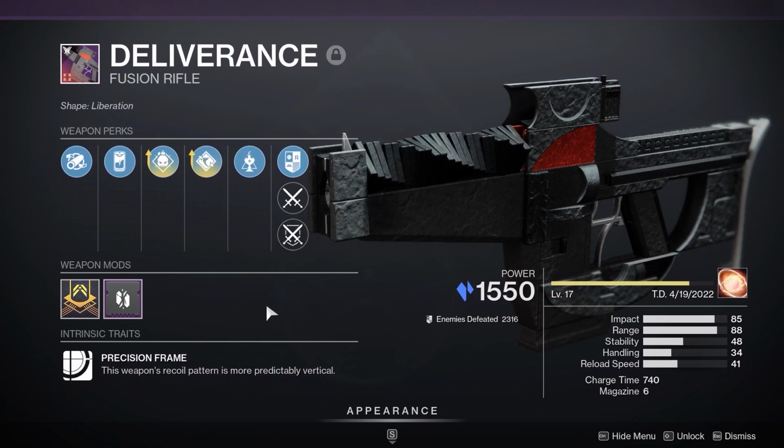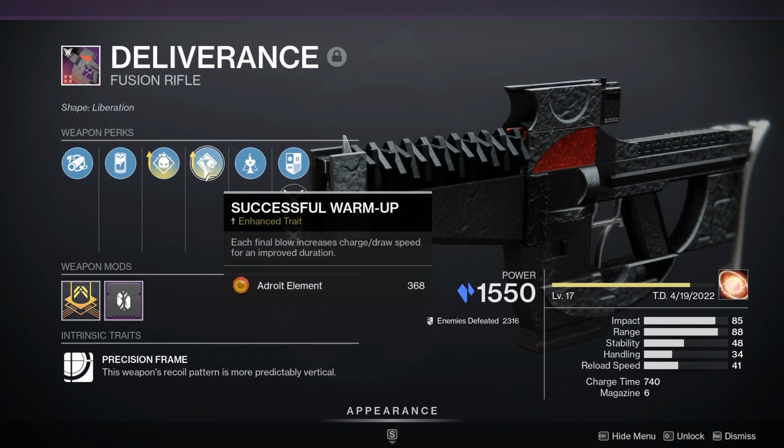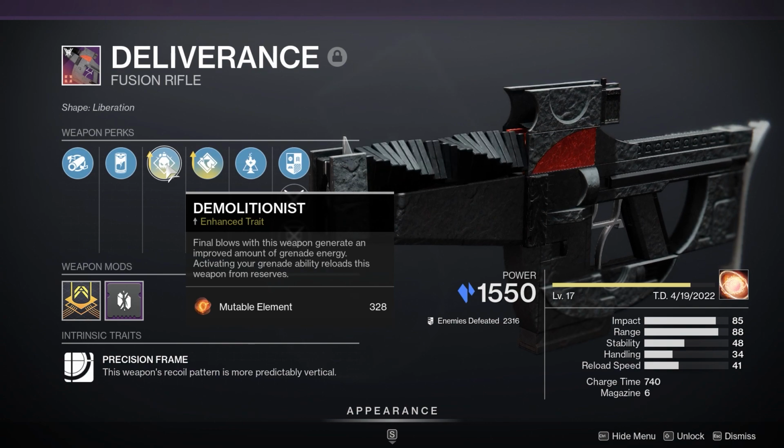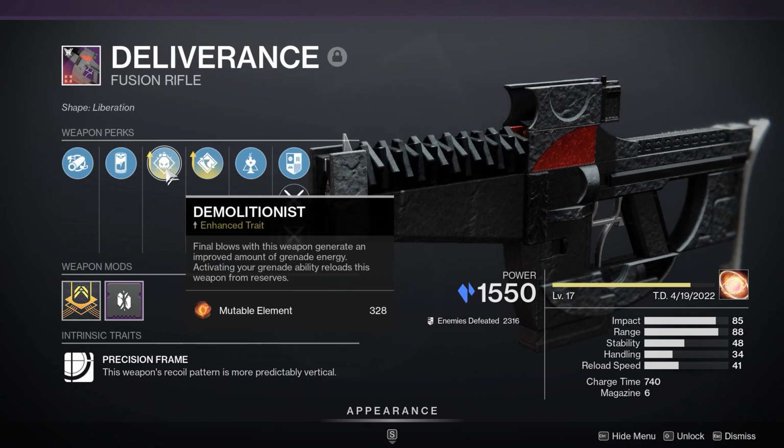It's absolutely fantastic. It's probably my favourite weapon this season, and I like it that much, I've put two enhanced traits on it. Enhanced Demolitionist, this is another key part of the formula. It doesn't have to be Enhanced Demolitionist, don't worry, you don't have to have that, it just helps a little